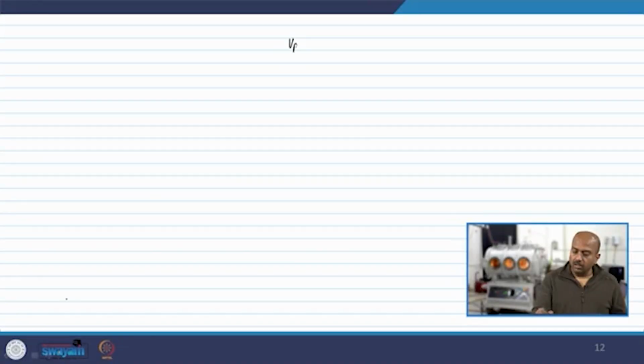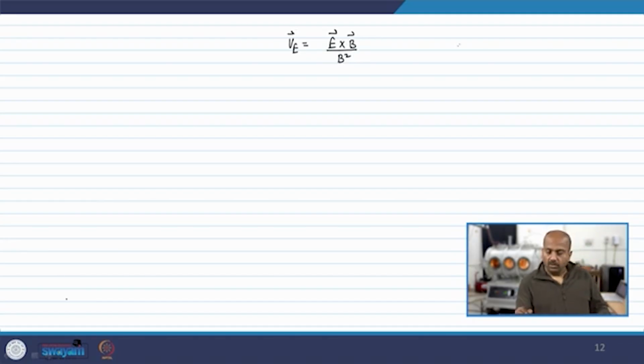So, let us say we will write all those expressions just so that we can remember them or we can appreciate the difference of these things. So, we will start with the E cross B drift. VE is E cross B by B square. What is this? This is the name for this, E cross B